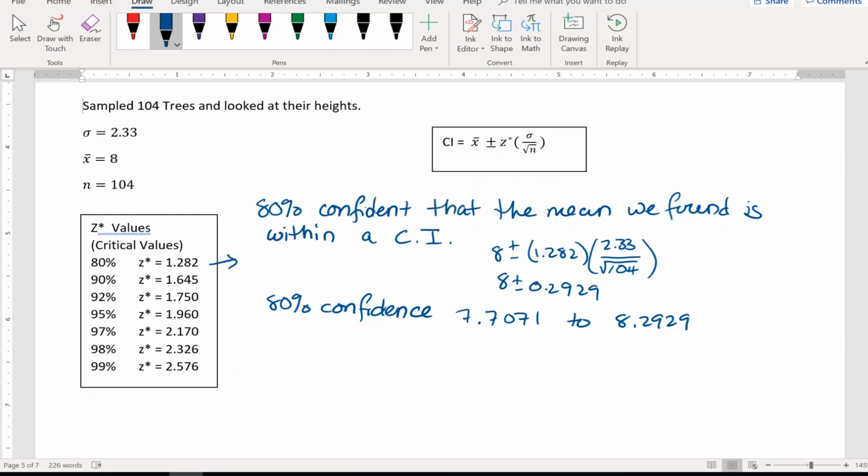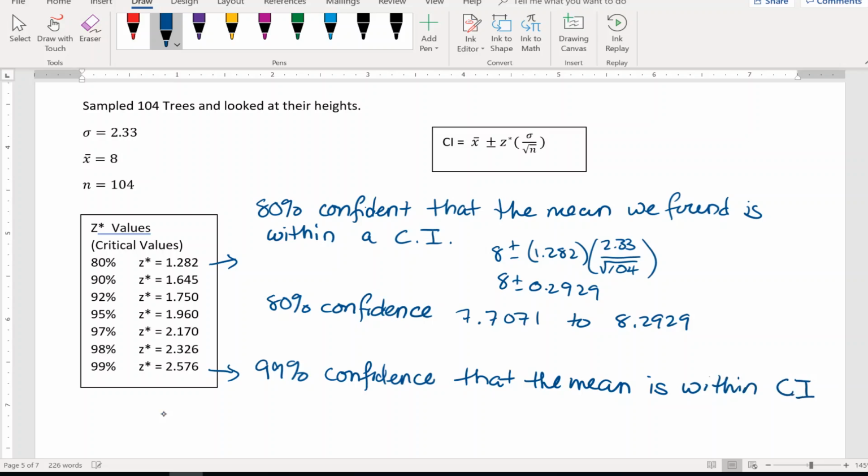Now let's go up to the 99% here. If we wanted to say with 99% confidence that our mean is within a certain range, let's look at what those values are. So 99% confidence that the mean is within a confidence interval. So let's find that confidence interval. So here we have 8 plus or minus